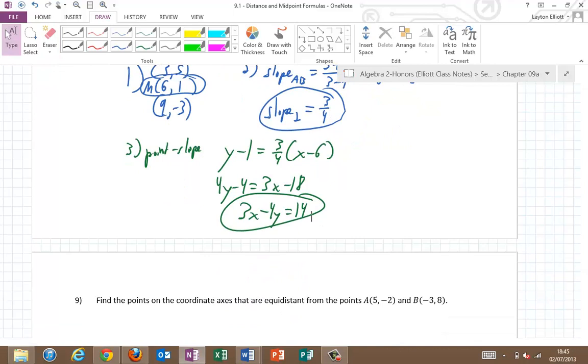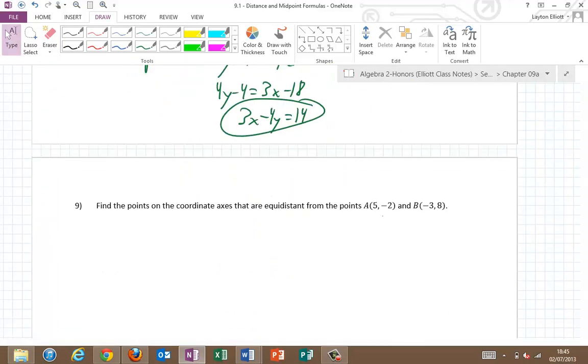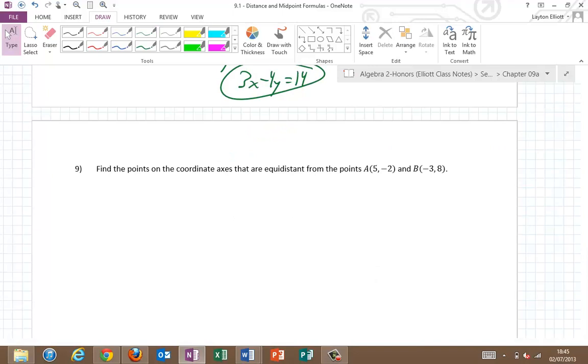Okay, last problem. Find the points on the coordinate axis that are equidistant from points 5, negative 2, and negative 3, 8. So if we're finding points that are equidistant from 2 points, that's again the same thing as a perpendicular bisector between them. Pick your favorite method, but given the language of this problem, I'm going to say let x, y be points